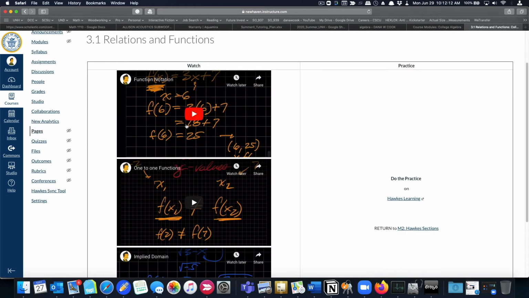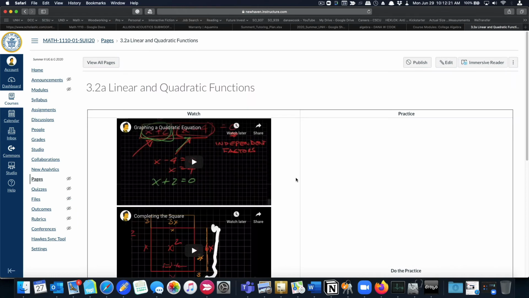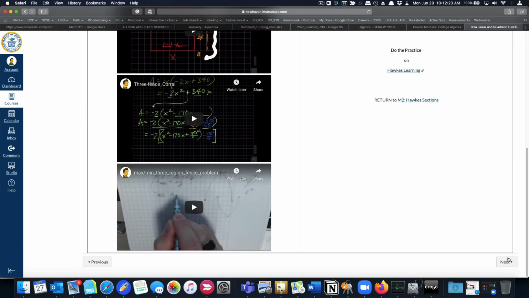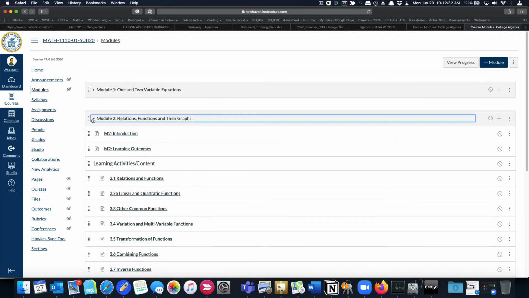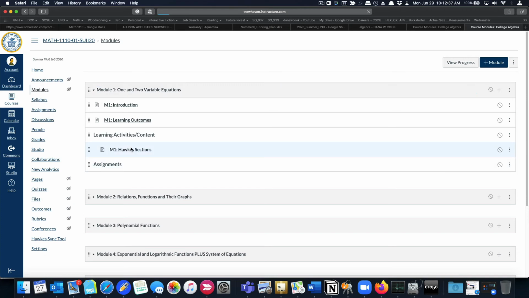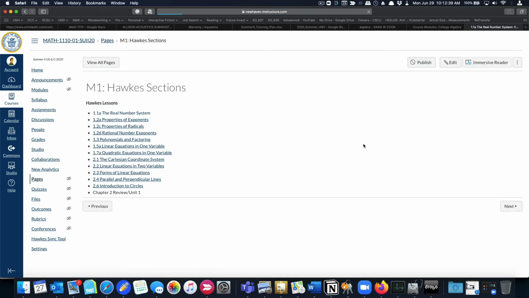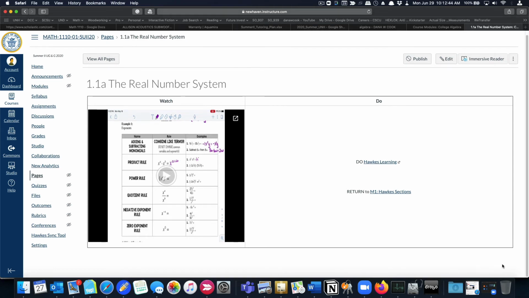And what the student would do is do all these videos. They would go do their practice. This link I would make go away, and then they would hit next. Now a student can't actually get to the sections listing page, because it doesn't fall on this page in this sequence. So when we click over here, it's a sort of orphaned page. It's not in any sequence, so there's no next button.